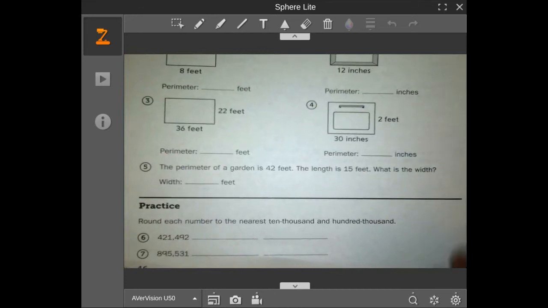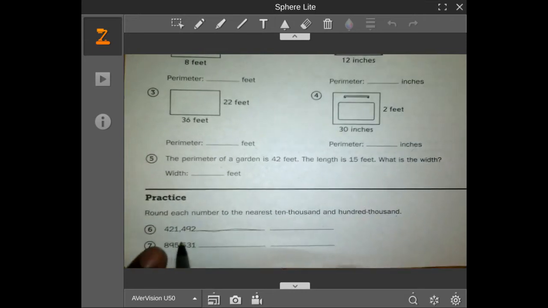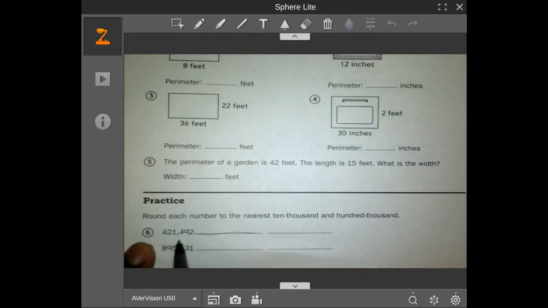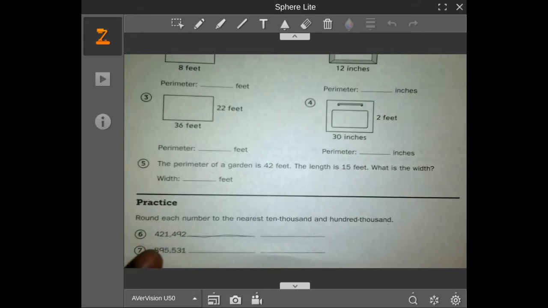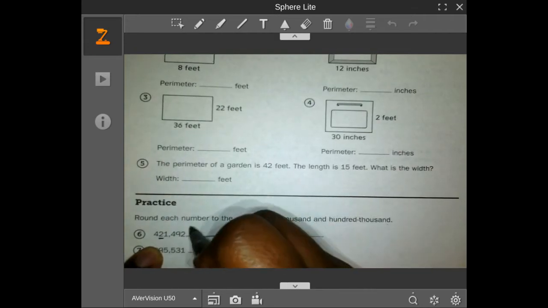Number 6 and 7, these are practice. You're going to take 421,492, round it to the nearest 10,000 on the first line, and the second line, the nearest 100,000. For example, number 6, I need to remember my place values. Which digit is my 10,000 place value? Because that's the first line. Yes, this 2. So I'm going to round that to the nearest 10,000,